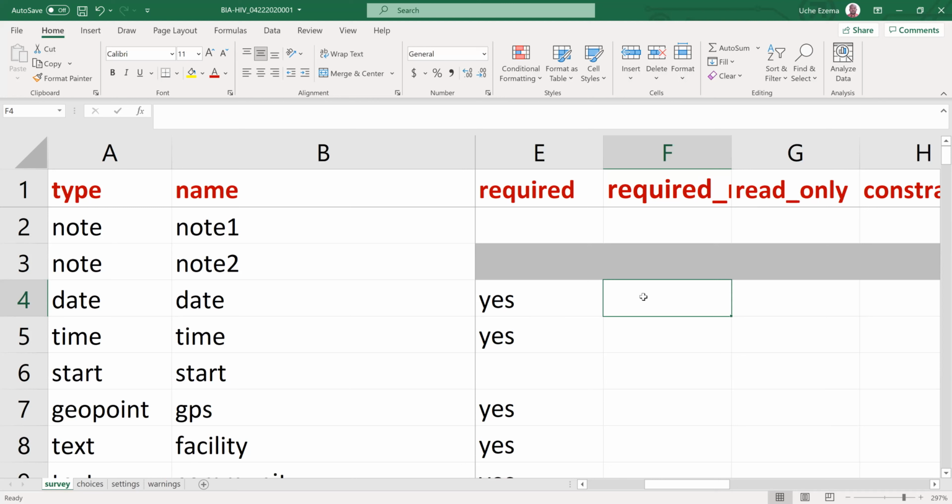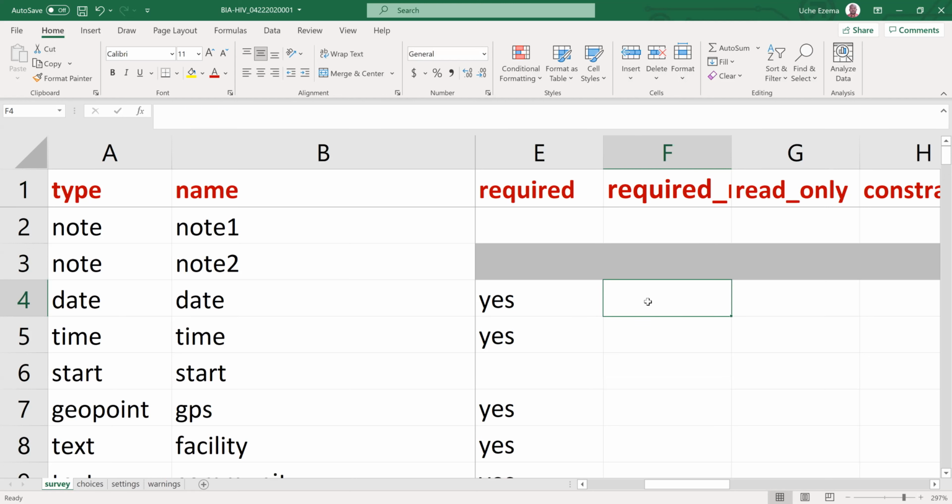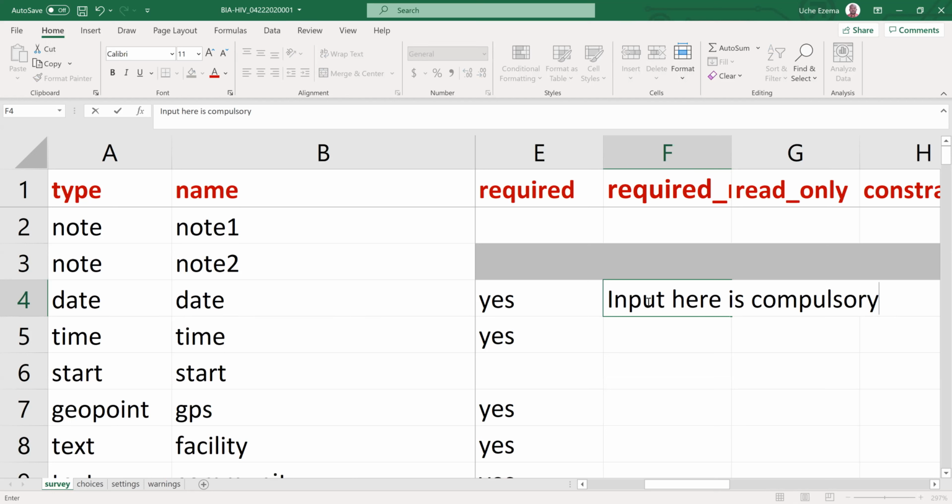So it's called an error message, and that message should come under required underscore message as a column of its own. So you can input the message, and when they move forward, this is the message they will see,